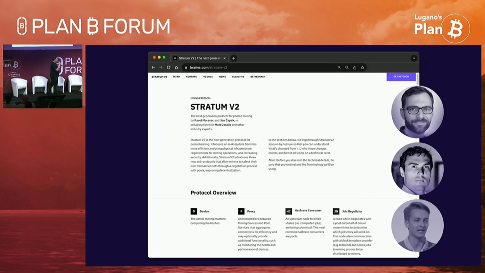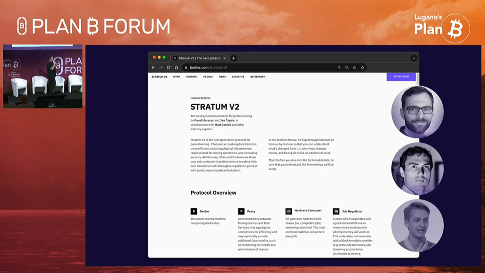Yes, the two co-founders of Braiins, Jan and Pavel, are co-authors of the specification together with Matt Corallo. But as I said, it's free and open source. There's some miscommunication, as some miners think it's a Braiins project or a commercial Braiins project. No, it's just a new standard for mining. We've been in the mining pool business since 2010 and saw a lot of issues that the previous protocol had, so we just wanted to fix it, to make mining's life easier. That's why we co-authored the project.